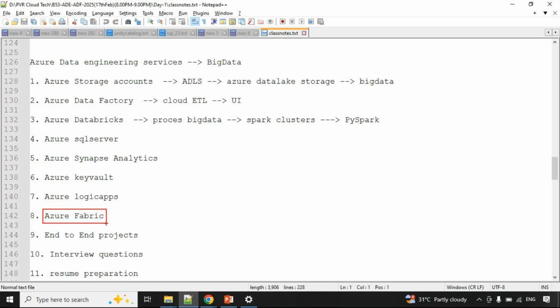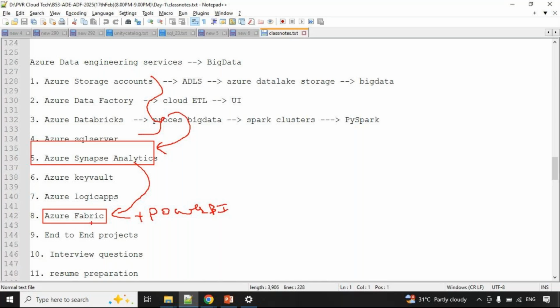Azure Fabric, guys, I can provide the overview of Fabric, whatever is required. This is Synapse plus Power BI. These four things are integrated in Synapse, and Synapse plus Power BI is integrated in Fabric. So this is the end-to-end data platform. Fabric is built, but it is still not productionized; development is still going on. Most of the projects are available in this one, so I'm going to cover these things along with Fabric.